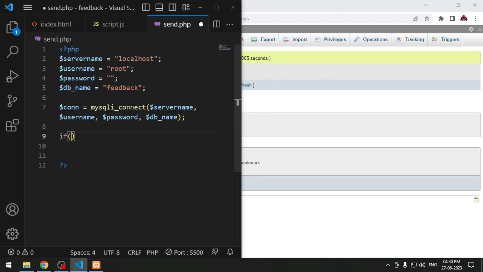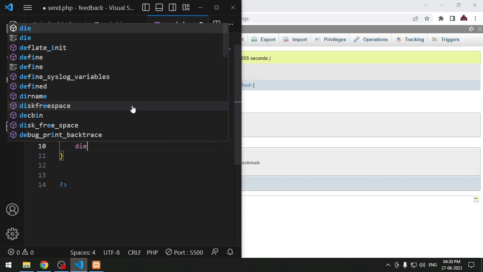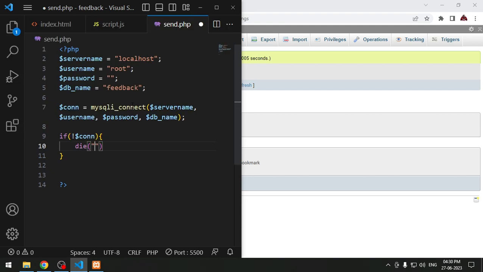If dollar connection not established, then just die, cannot connect, and mysqli_connect_error, and else